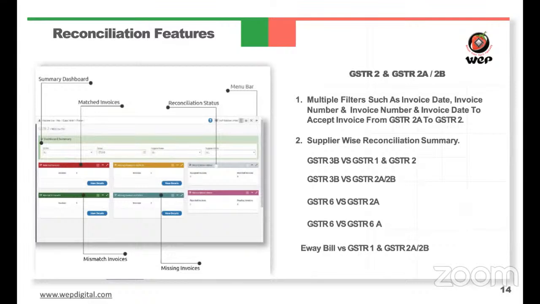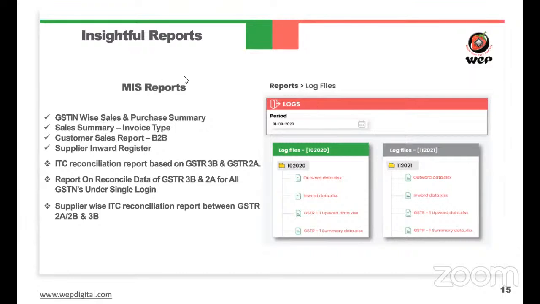Now I will move to the next slide. I have also told you earlier in the web GST features that we have an MIS report where you get all your sales and purchase summary, your sales summary according to the invoice type, whether you want to select the B2B invoices, the B2C, or the credit debit note. We have the filter option available where you can get all your reports under the section. You can also see a report section for the ITC reconciliation, your overall reconciliation, which is based on the per month. You will also see in the MIS report section reports based on the GSTR 3B and the 2A.